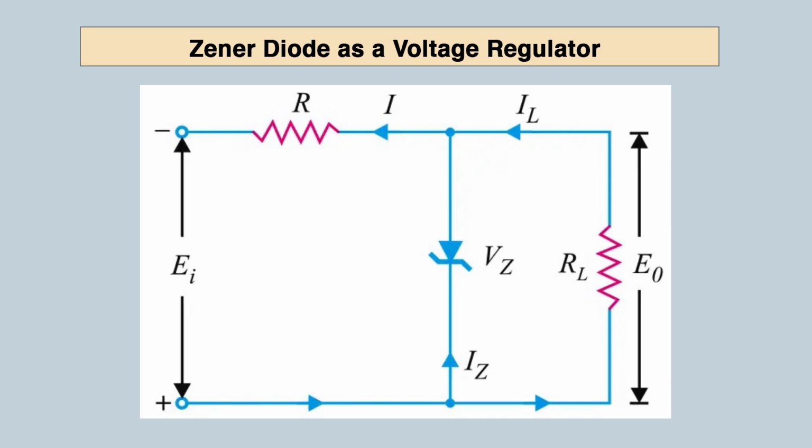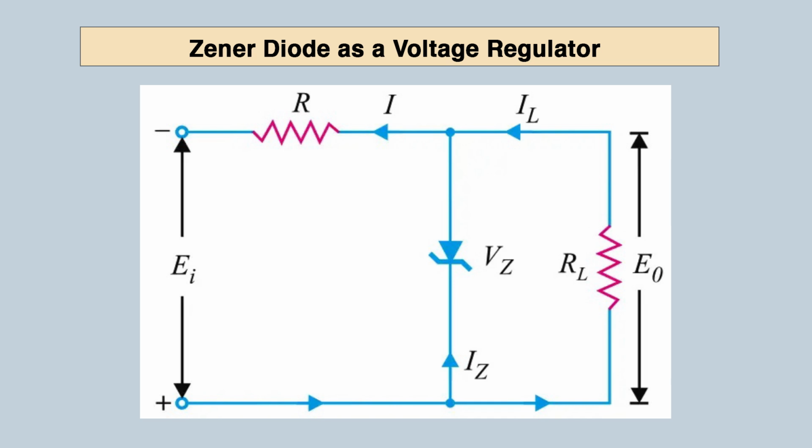Here we can see that there is a Zener diode in parallel to the load resistance. The voltage across the Zener diode is represented as Vz and the load resistance is represented as RL. R here represents the biasing resistance. Now, let's suppose a heavy amount of current comes across the resistance R.